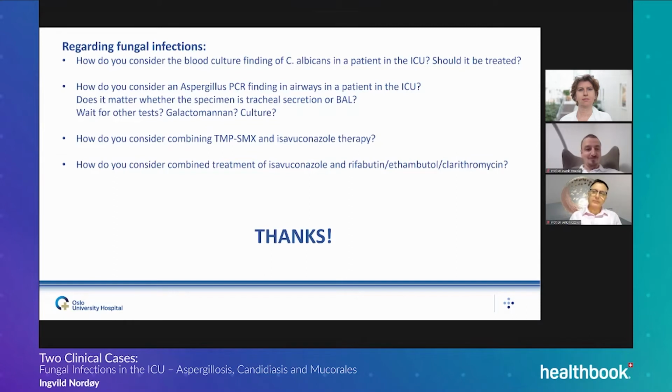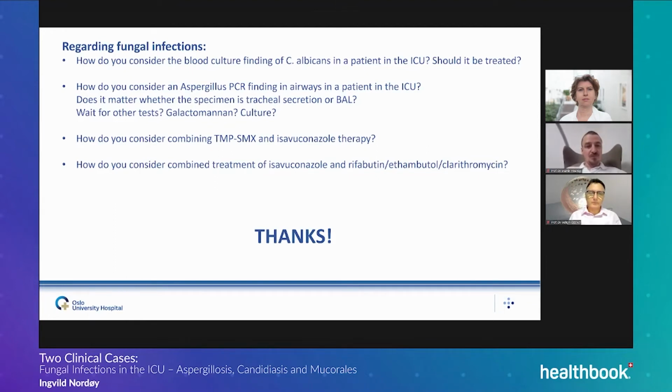And we've taken it out now that we've had the COVID. And we still do it when we have patients with respiratory infections suspected. But only starting treatment on a positive Aspergillus PCR, we don't really do that. We want to have more. We want to have a growth, and we do then take the CT scan to see how it looks.